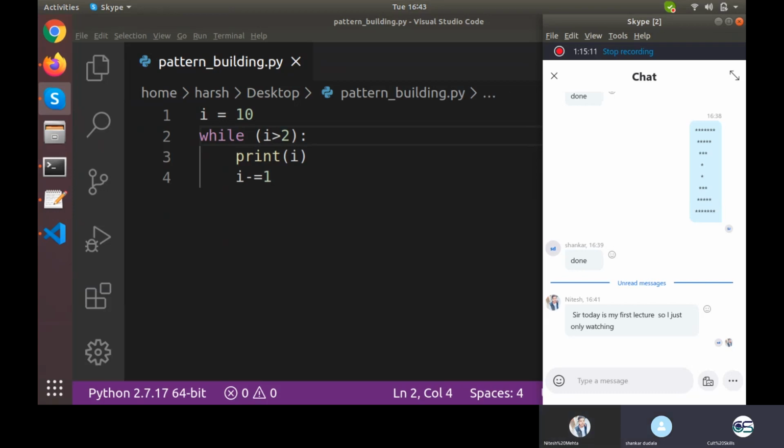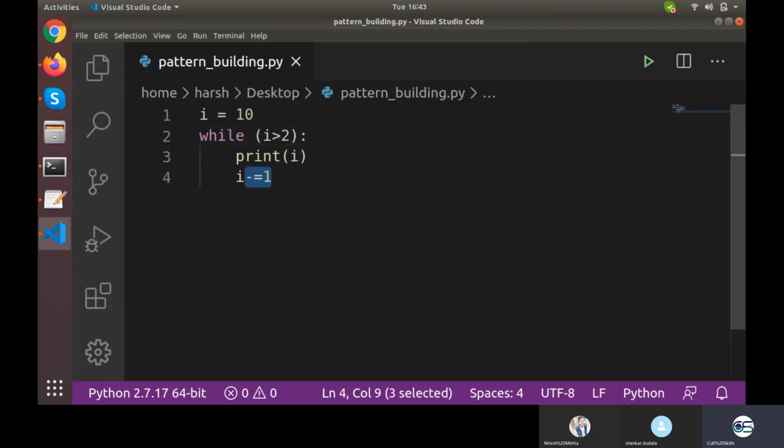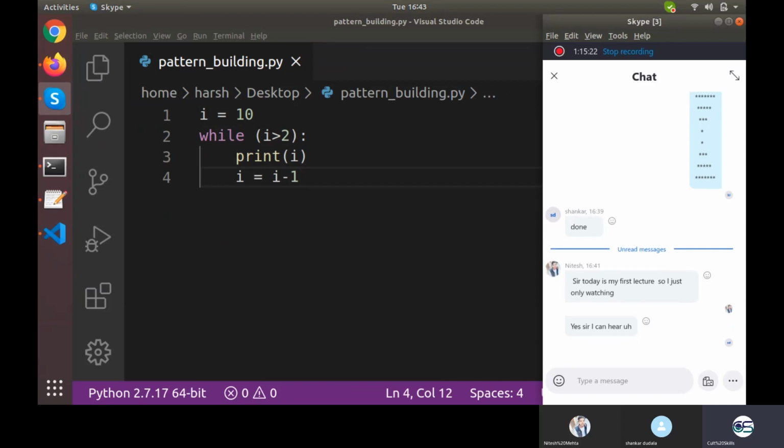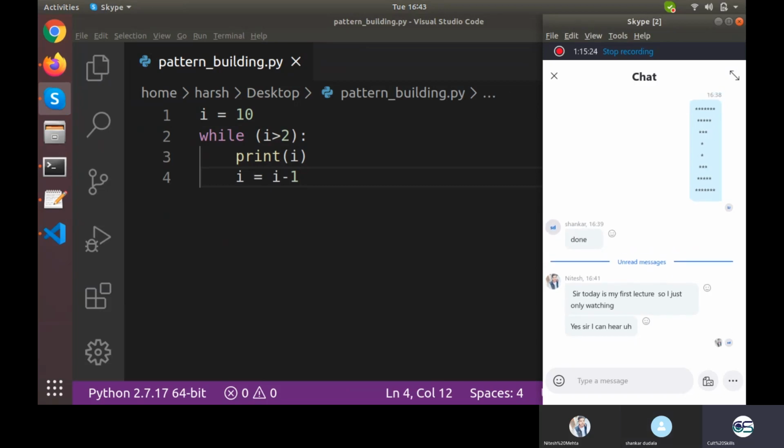So what is this, i minus equals? I didn't get it. So i minus equals 1, I'll simplify that to i equals i minus 1. That is what it means. So what will be the output of this according to you?